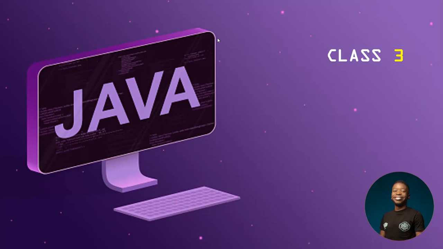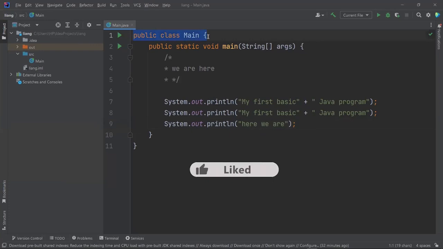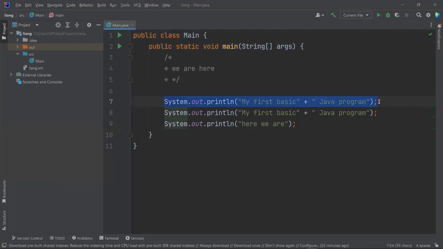Sure, no problem. Okay. So last class we were able to write our first program, and there are a lot of things that were there that we actually ignored for the time being. Things like the class statement, things like the method statement, right? Then the command, we're actually writing a command to just tell our IntelliJ what to do and to output it on the screen. So today we are going to be breaking everything down.